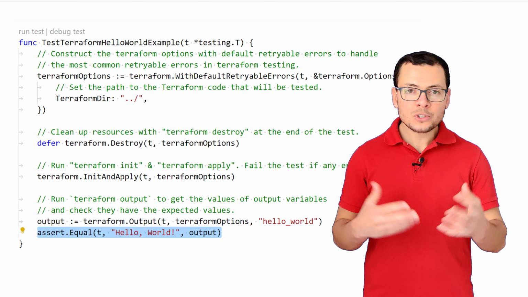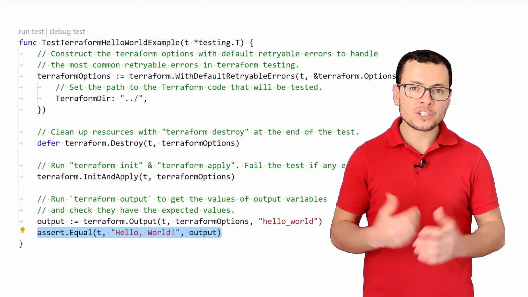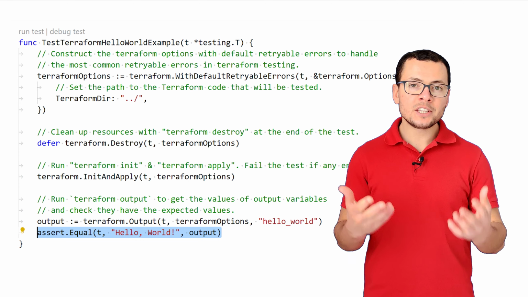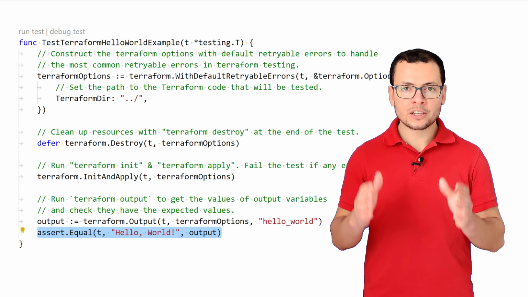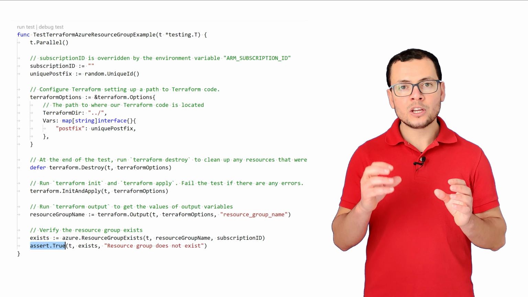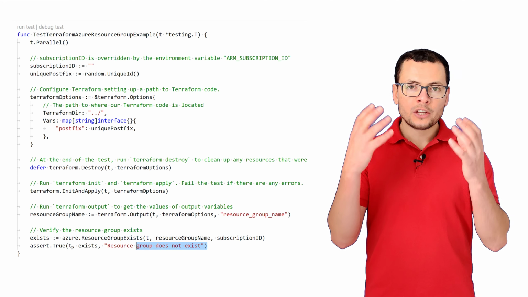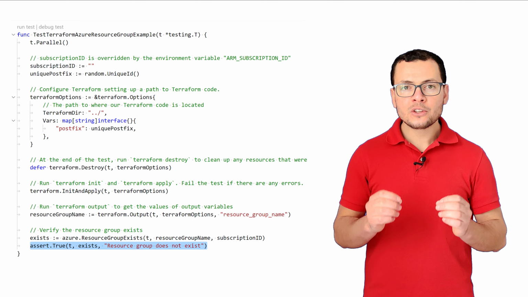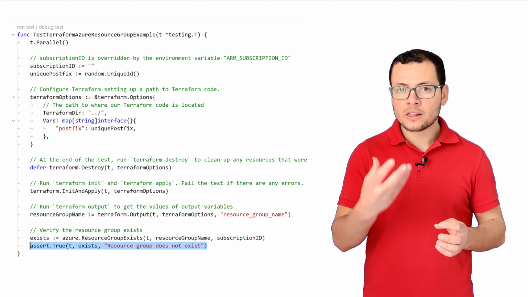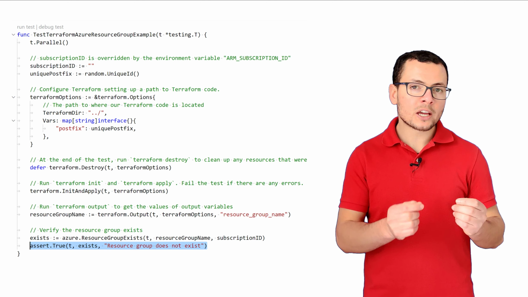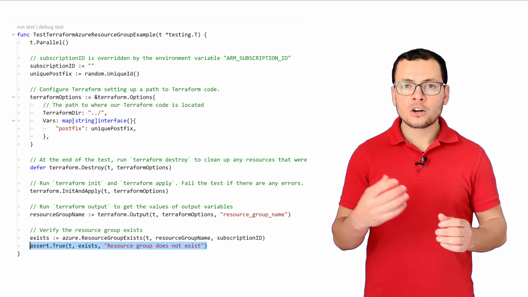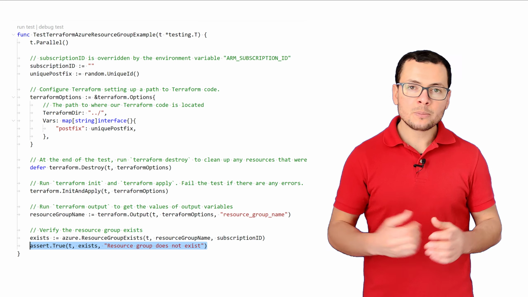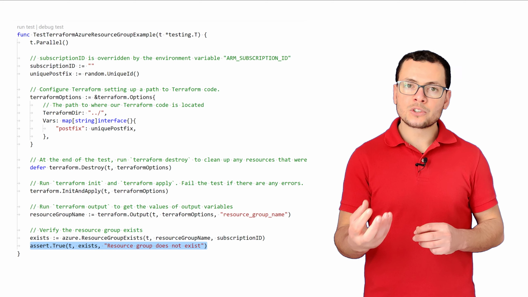Well, there are a few resources available that will help you to achieve this, and one of them is TerraTest. With TerraTest, which is an open source project, you can create automated testing that will start by deploying your Terraform template, and then you can define some tests using libraries provided by TerraTest. So you can connect to your service, ping a public IP address, or try to invoke an HTTP endpoint, check the existence of a certain resource, check some configurations.